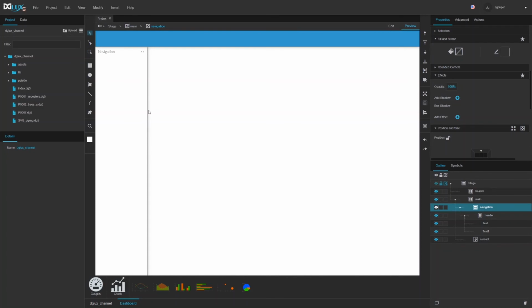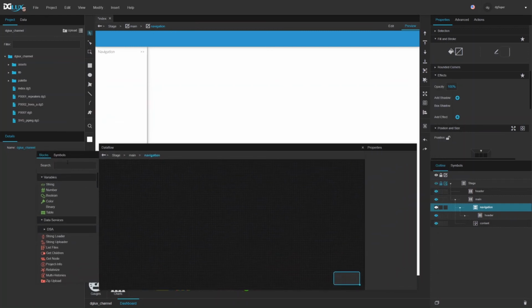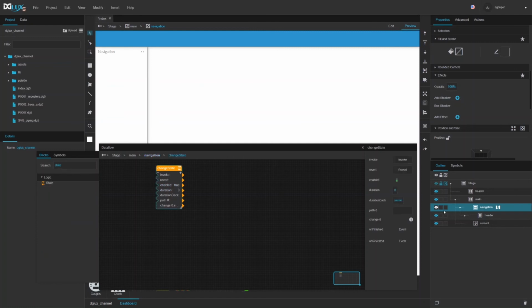All right. So what I want to do is I want my navigation to be able to collapse and expand as needed. Maybe just switch between the full width and then just a single bar for icon-based navigation. So again, we're gonna use some concepts that we haven't covered in my videos yet, but we will have episodes on actions and animations and all that stuff. For now, I'm just gonna use it as is. So what I'm gonna do is I'm going to set up 2 states, right, that will affect my navigation